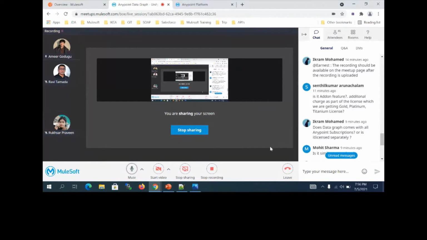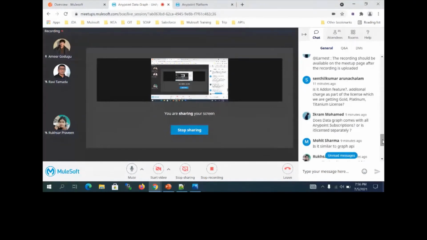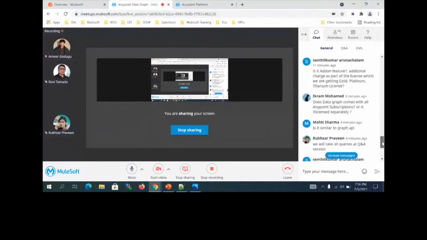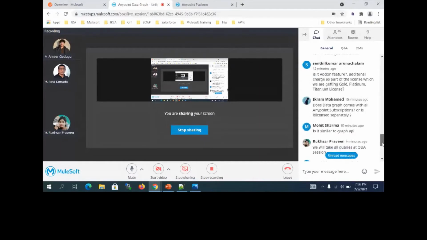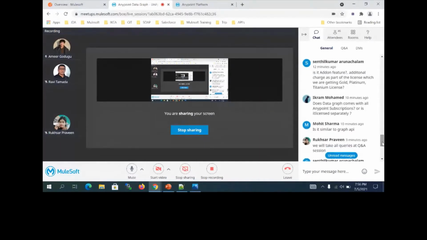You can explore more and communicate with MuleSoft for the licensing and charges. Does data graph come with Anypoint subscription? Yes, with the Anypoint platform subscription, it will come. Is it similar to Graph API? Yes, it is similar to Graph API. Anypoint data graph internally uses GraphQL, which is another product integrated in MuleSoft data graph.